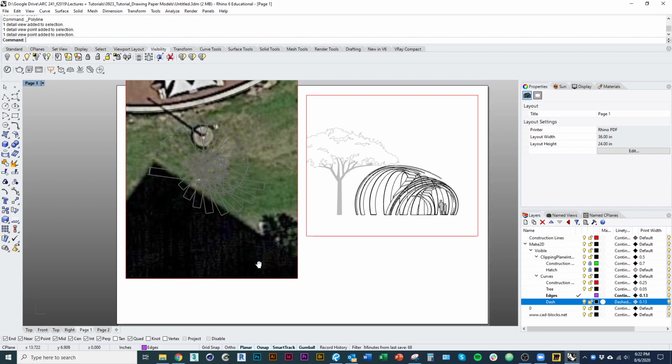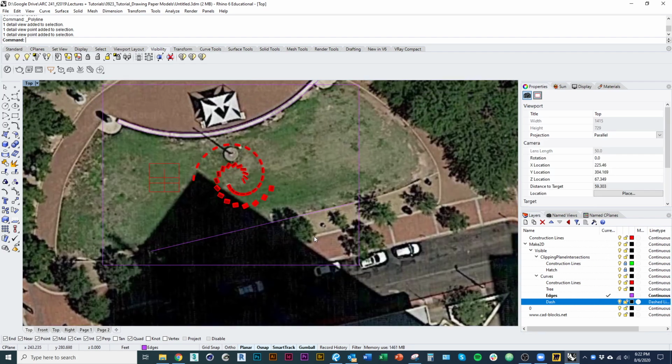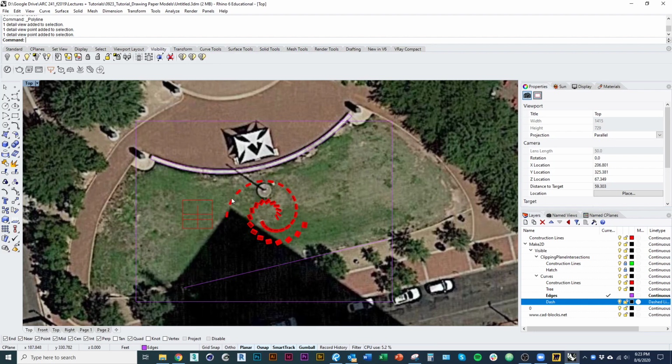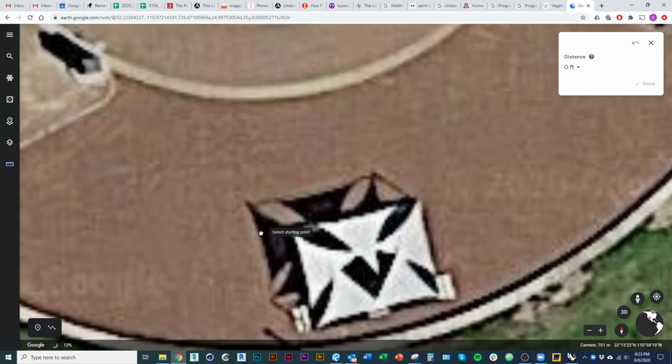And then I would go through and I would trace out these lines, and at this scale, I would definitely show details like what's the difference in paving between some of these areas. You'll find, I guess,